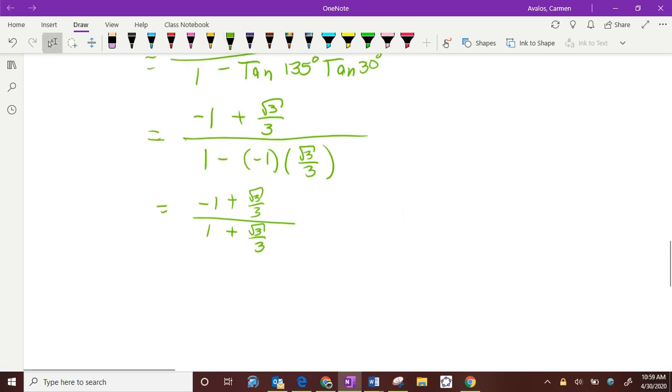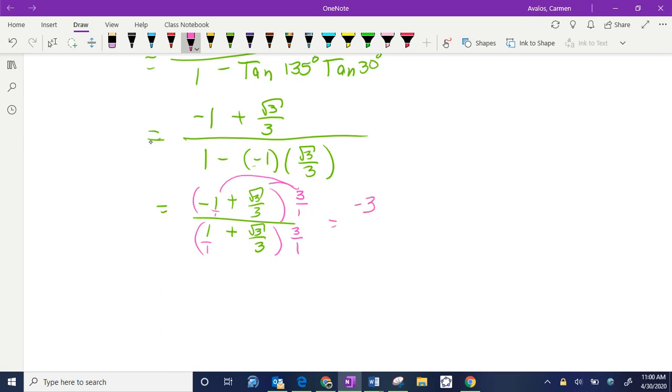3, because that's a negative and a negative becomes a positive. And so we could get rid of the 3 by multiplying. This is a denominator of 3, and this is a denominator of 1. So what we're going to do is multiply this by 3 over 1 and this by 3 over 1. And so what you end up with is, when I distribute this to this part, I am going